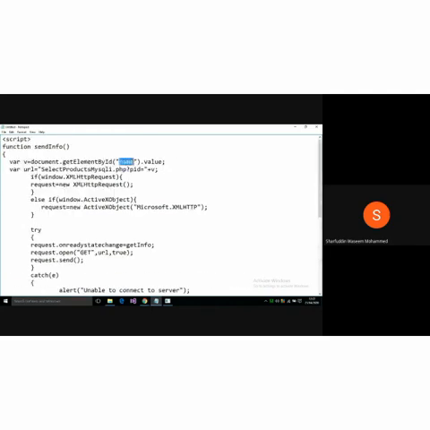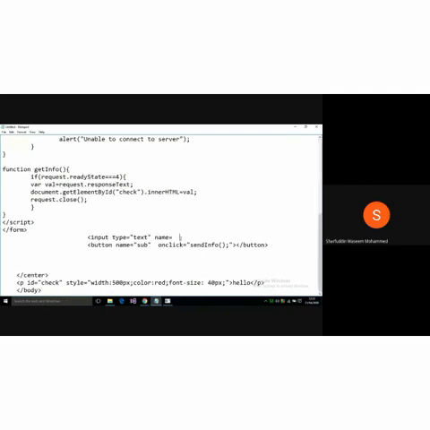The name I can give it like P simple or PID or product ID. So it will check on my form whether this product ID is there or not. So this is the product ID.